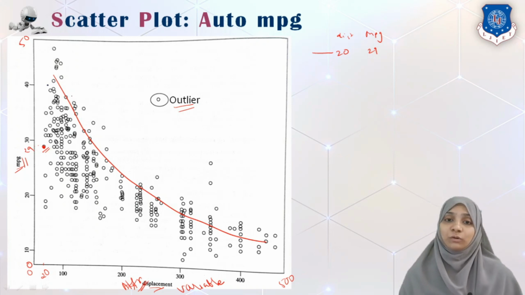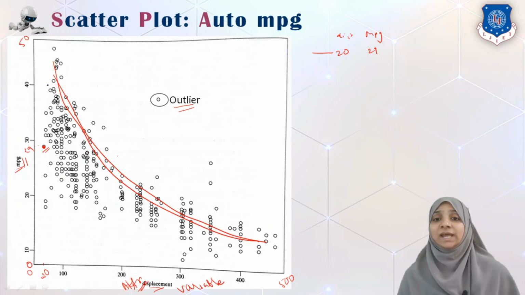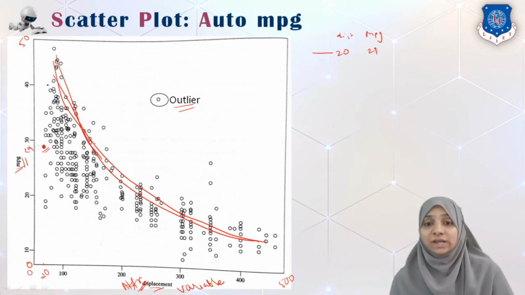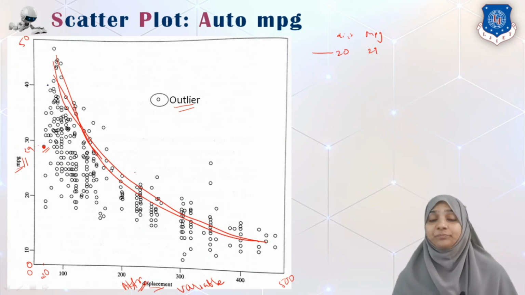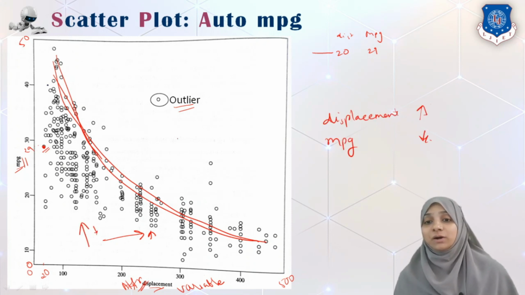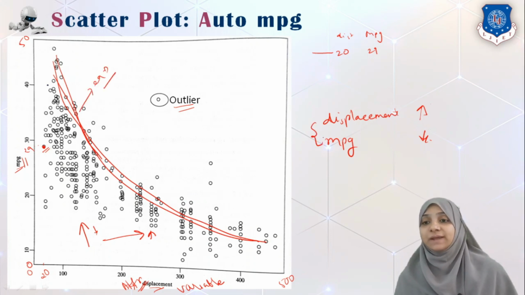If you look closely, all these dots are following this particular curve. What do we mean by this? This curve has a negative correlation, although it is non-linear. This is a curve, not a line. That's why I say this is a non-linear negative correlation. This non-linear negative correlation says that if displacement increases, my miles per gallon decreases. By what amount will be given by the equation of this curve, which gives the relationship between displacement and miles per gallon.